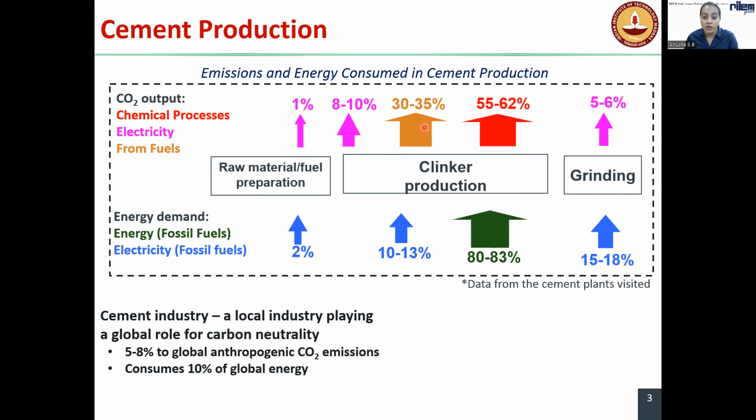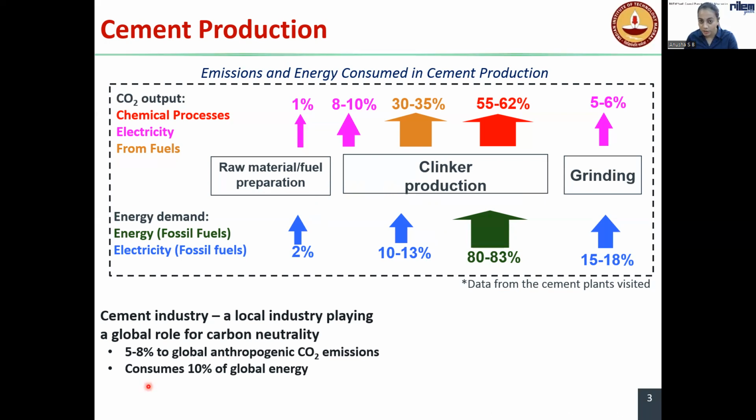Around 80% to 90% of the emissions are CO2 because of the direct emissions from the limestone and from the fuels during clinker production. And energy consumed is because of the fuels that are burnt for clinkerization, and also because of the electricity that is consumed during the different processes. The cement industry alone is responsible for around 5 to 8% of the global CO2, and it also consumes about 10%